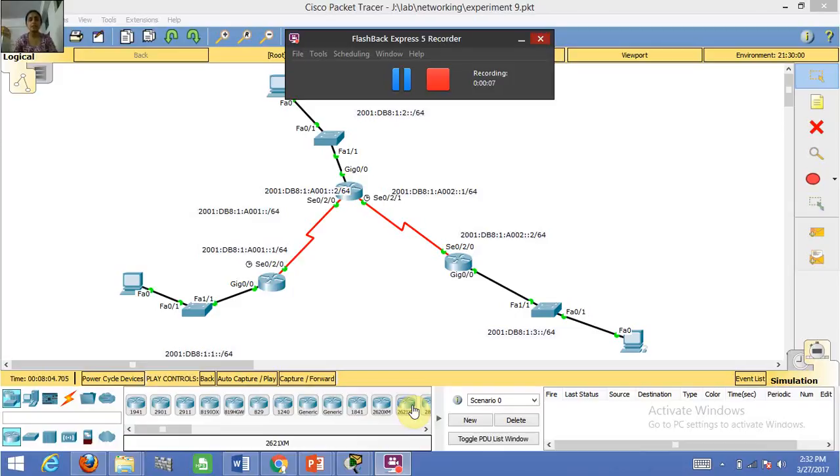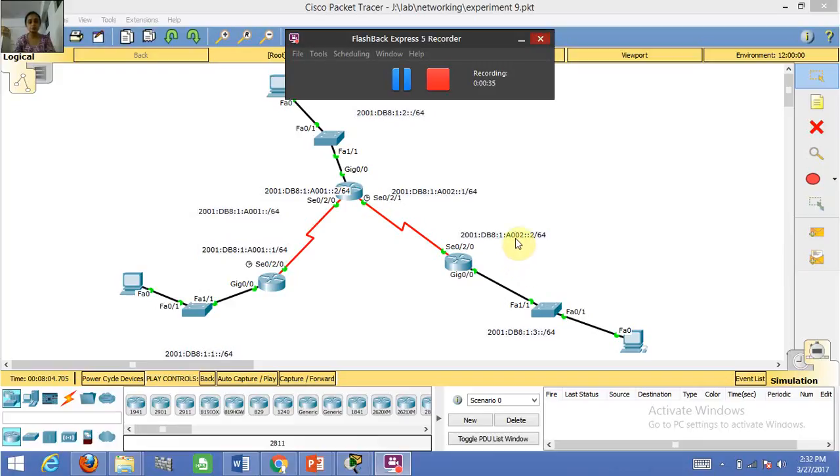Using IPv6 addressing representation. So we already know that an IP address can be represented in two ways. One is IPv4 addressing mode and another one is IPv6 addressing mode. All the previous topologies that we have seen in the previous videos were based on IPv4 addressing mode. So now in this video I'll be explaining how this routing can be done, how the routers can be configured